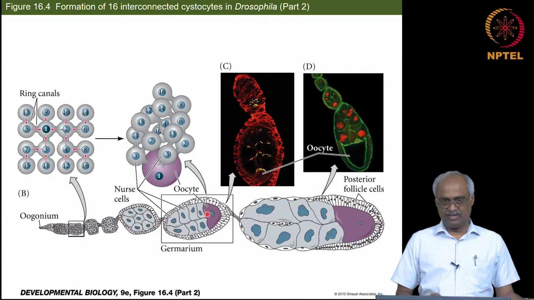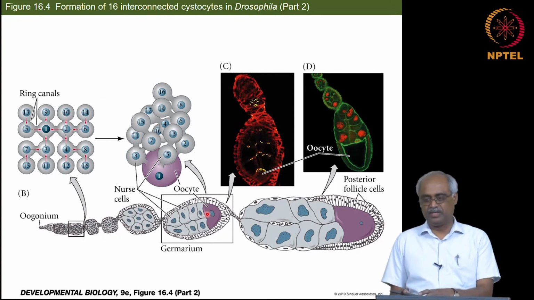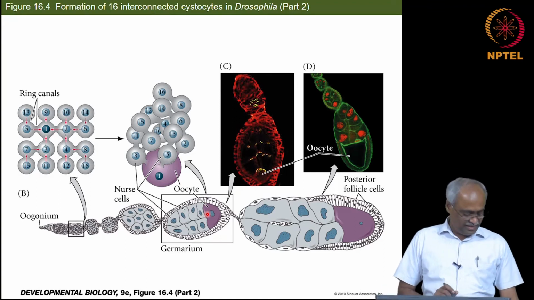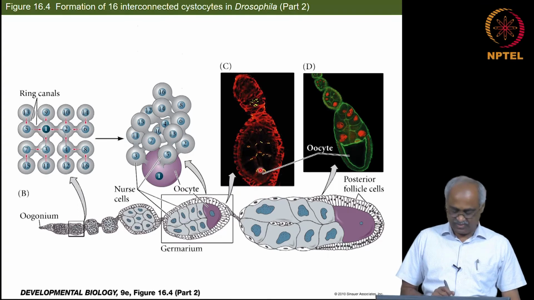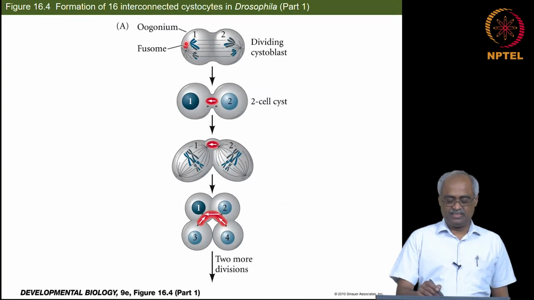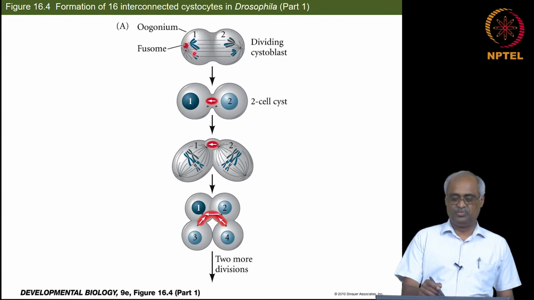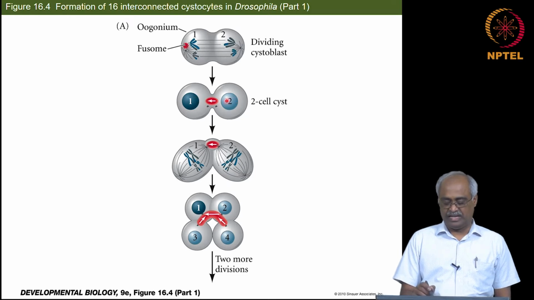So, I feel this understanding is important to really go ahead and understand how the patterning of the oocyte, embryo, etc. happens. Now, a little bit about the red color, which is shown here as yellow. So, this is a microtubule kind of material called the fusome. This fusome expands through the ring canal. So, moving from this to this, the arrow indicates from which cell it is coming, and that sort of spreads